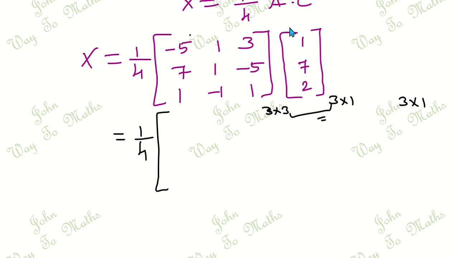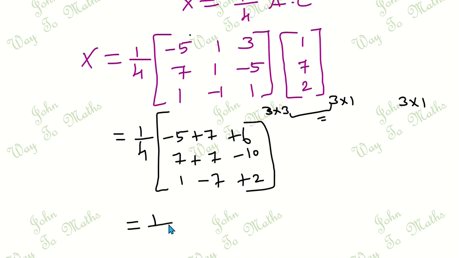So first row multiplied by the column: minus 5 into 1 becomes minus 5, then 1 into 7 becomes plus 7, 3 into 2 becomes 6. Then second row multiplied by the column: 7 into 1 becomes 7, plus 1 into 7 becomes 7, minus 5 into 2 becomes minus 10. Then third row multiplied by the column: 1 ones are 1, then minus 1 into 7 becomes minus 7, then 1 into 2 becomes plus 2,